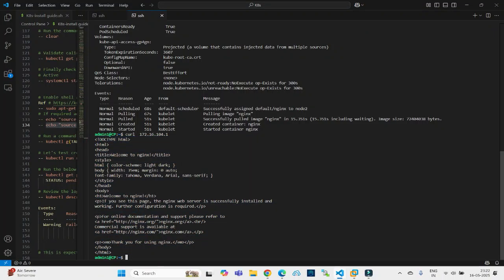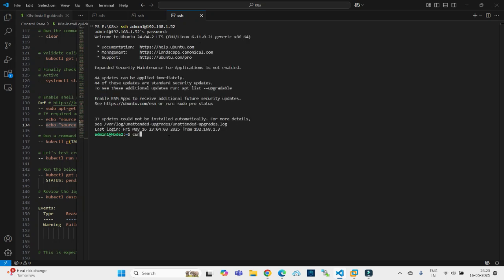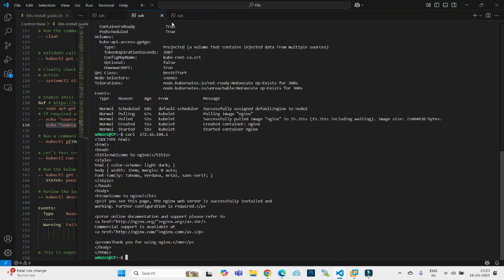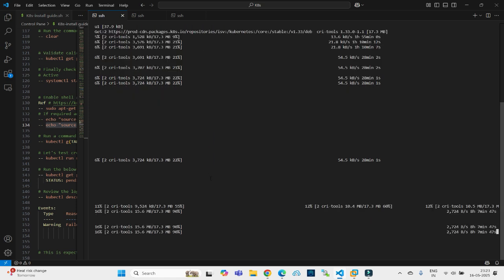So right now we are able to access it on the control plane node, and we should be able to access it from the worker node as well. So let's test it. I'm going to go to 52. Right, so if I do curl IP, there you go, I'm able to access the nginx container or pod from both the nodes, the control plane as well as node 2. Let me see. Okay, this guy is not happy. Alright, anyways,